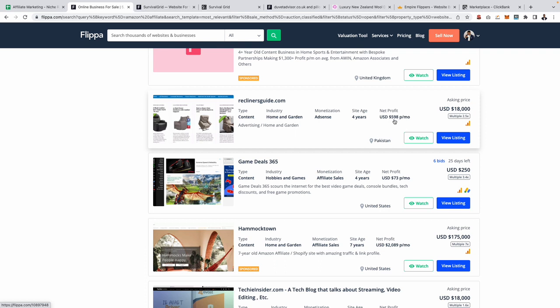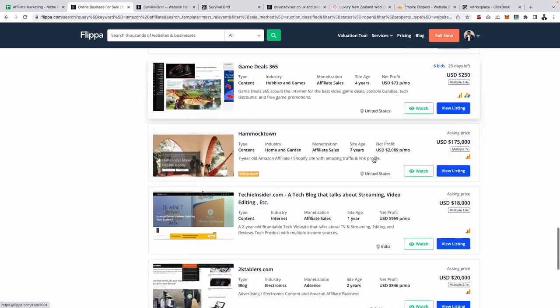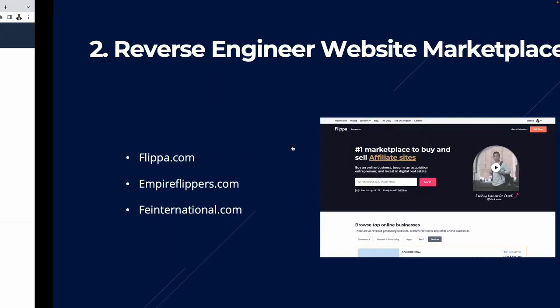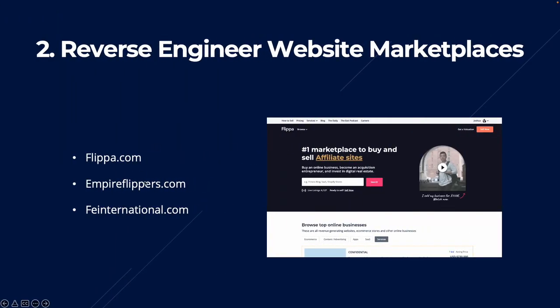And you can see it's generating just under $600 per month, and the person is asking for $18,000. So you can literally come onto Flippa and go through all of these pages and find lots of niches that may interest you. Now, it's exactly the same process for the other two websites, Empire Flippers and FE International,